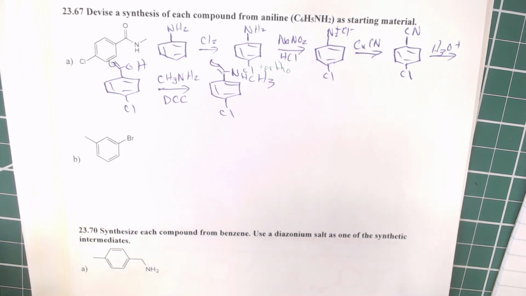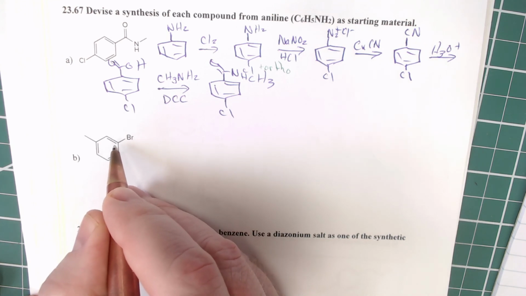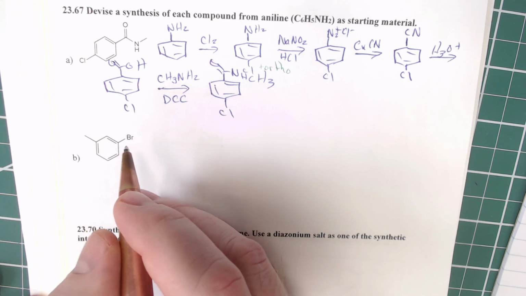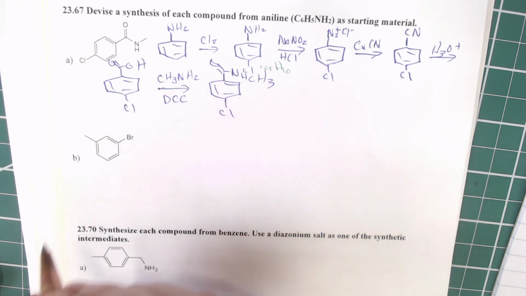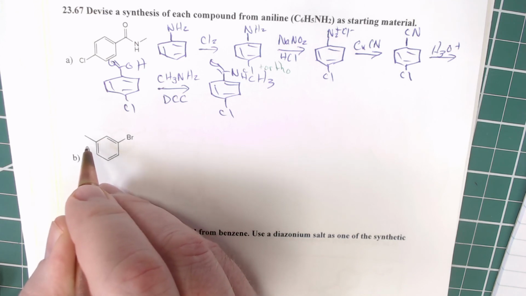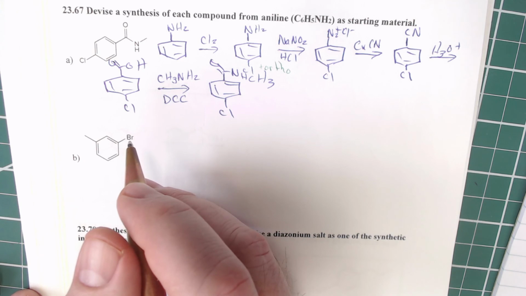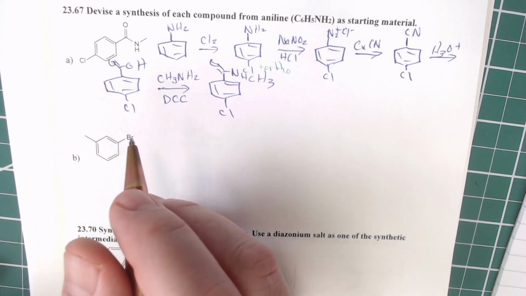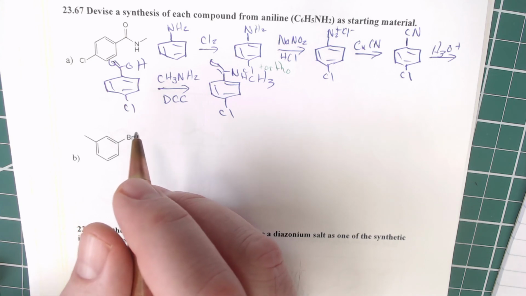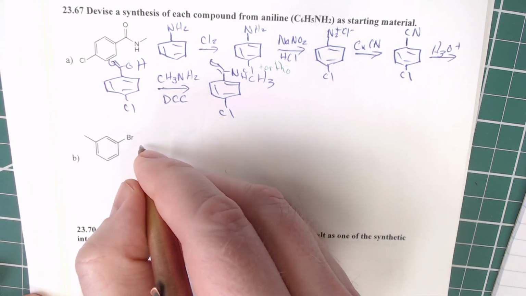All right. For this one, we've got an alkyl group and a bromo group. So an alkyl group and a bromo group. And so here, bromo is an ortho-para director, and the alkyl group is also an ortho-para director. And so you may be thinking, well, how can we get this to work? What is it that we can do to get this to work? And the answer is, it's tricky, but we're going to again start with our